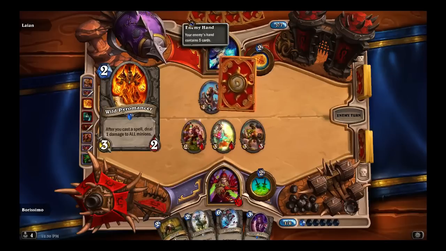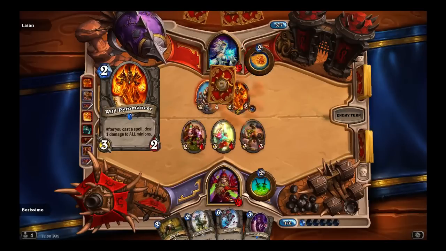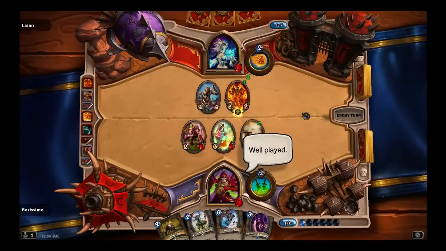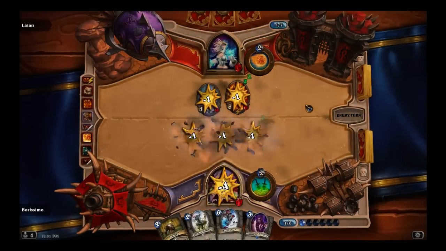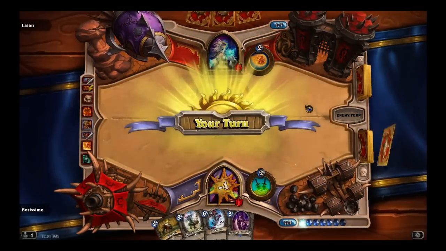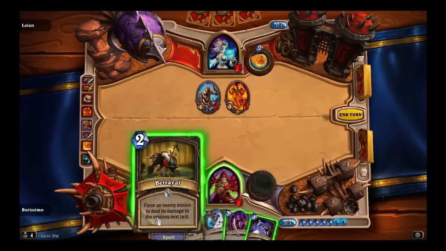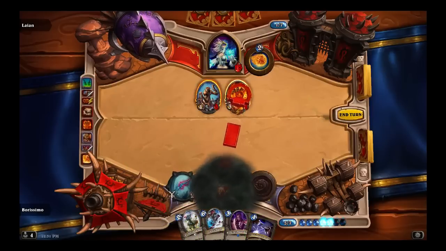Oh, that's all the way from the left side. Oh, no, it's a Pyromancer, so she's going to polymorph something, and then the Pyromancer clears out my whole team. All right, well played. Crud. That's bad. That is bad to the bone. Oh, Jesus, this thing. Never happy to see that card. Okay, well, we're going to have to, you know...